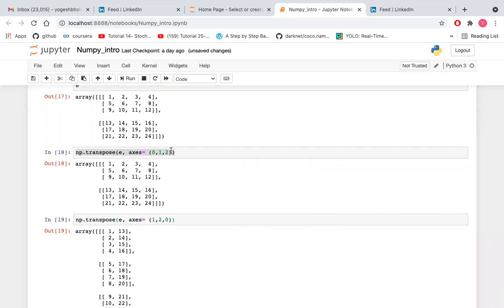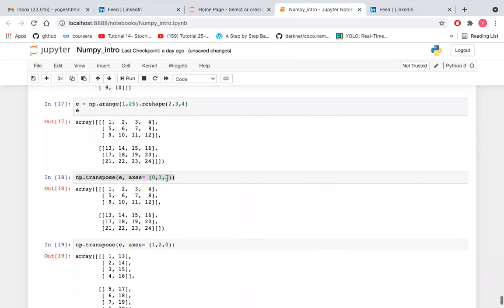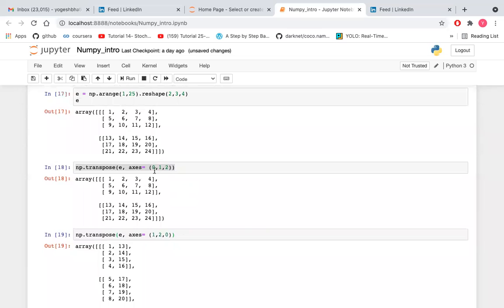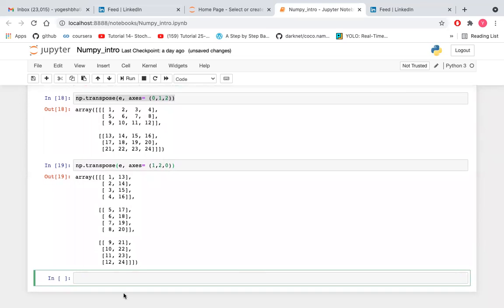Now axis 2, what does it represent? It represents the number of columns, which is 4. Now it will represent the number of rows, so there will be 1 2 3 4. Now axis 0, which is equal to 2, will now represent columns, so there will be 2 columns. So in this way axes works.